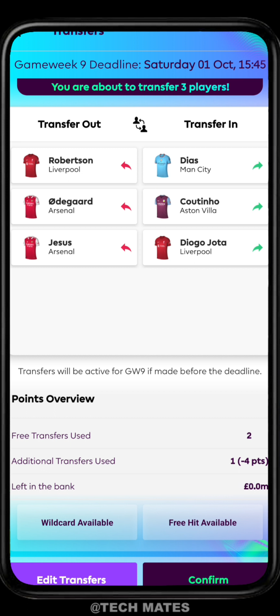So to use free hit, all you gotta do is click on this free hit available, and you can see that my additional transfer used is 0 and my points deducted is 0 as well. So after you click on confirm, all of them will be set up,